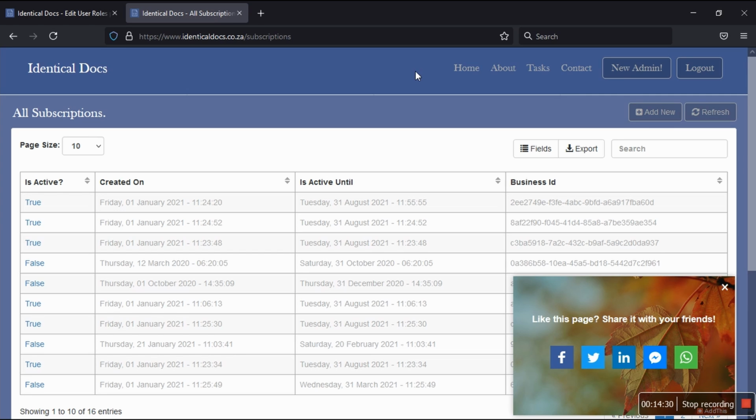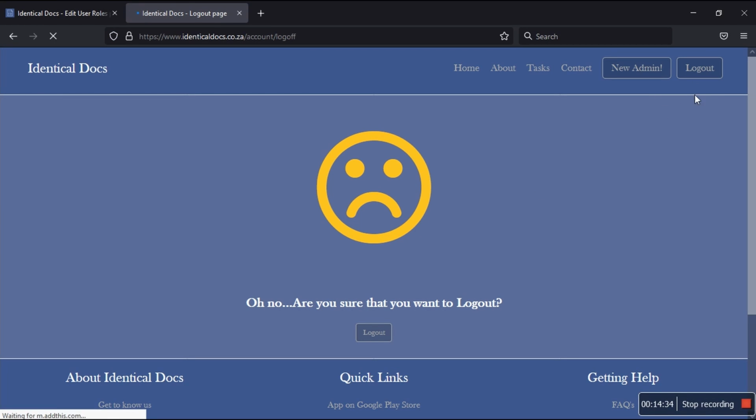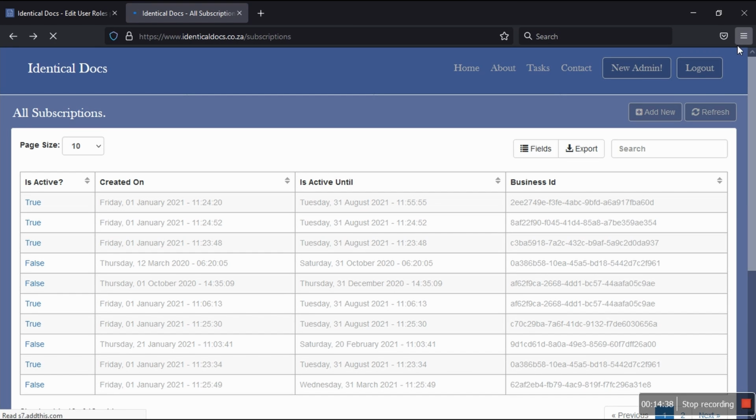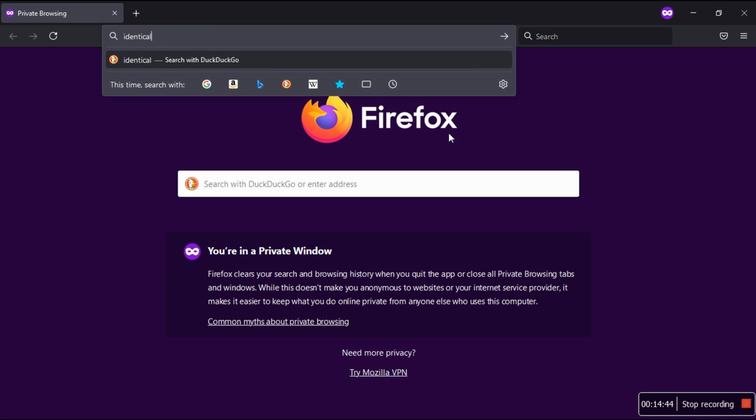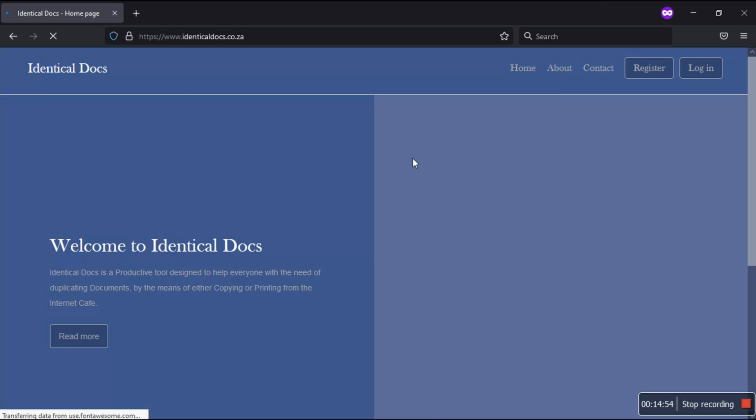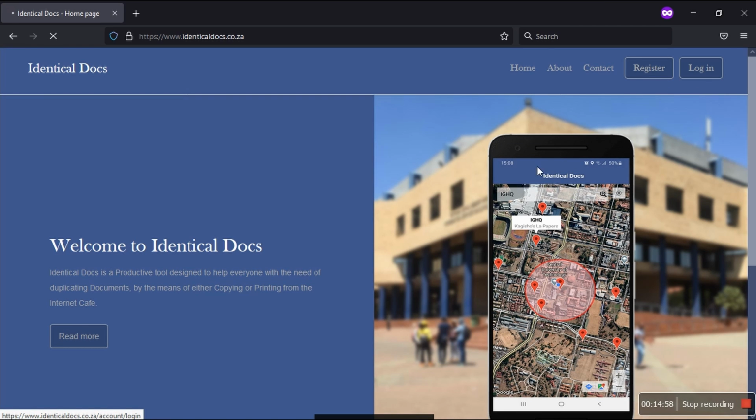But first we need to be authenticated from all these. Wait, but we don't have to do that. Let me use a private window of this browser. identicaldocs.co.za, not .z. Yeah. Okay. So we're gonna go back now to test one,